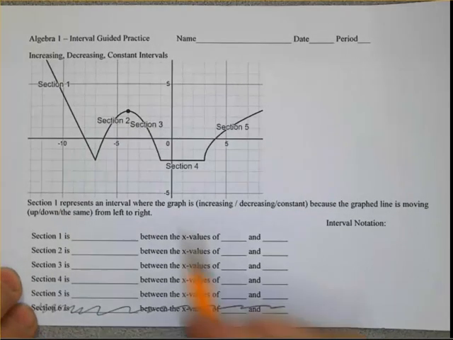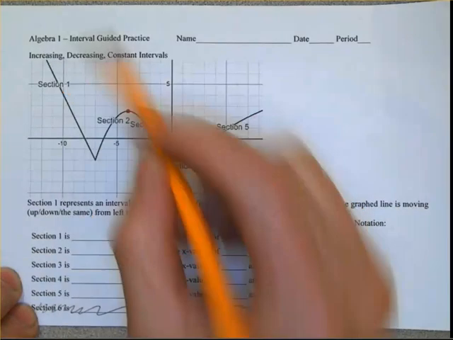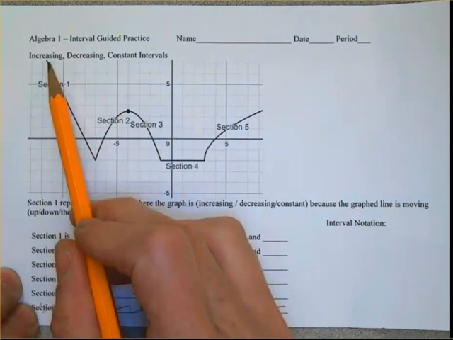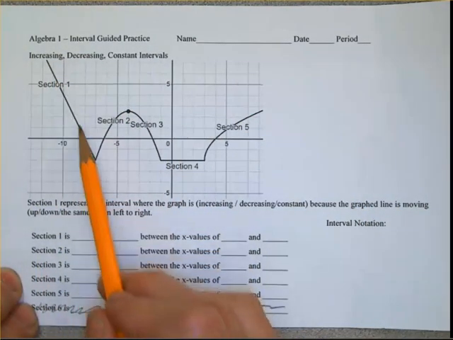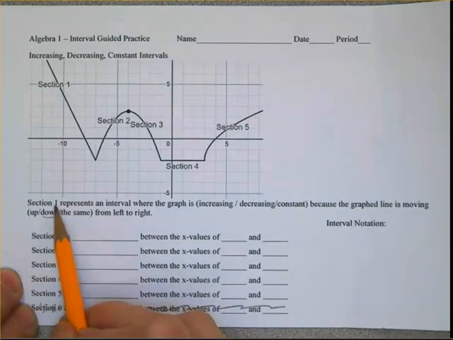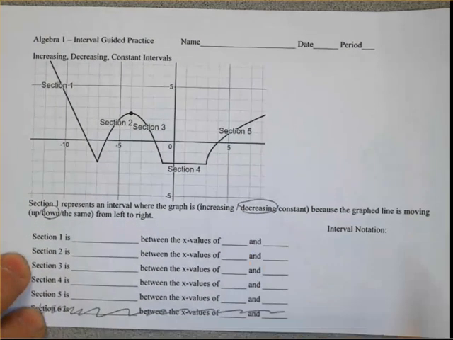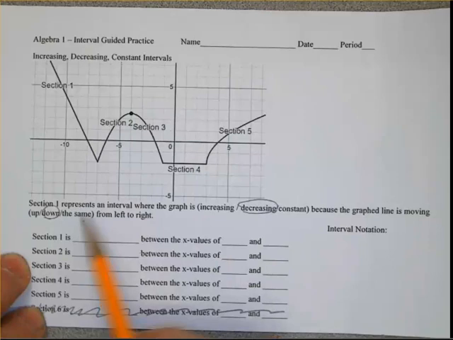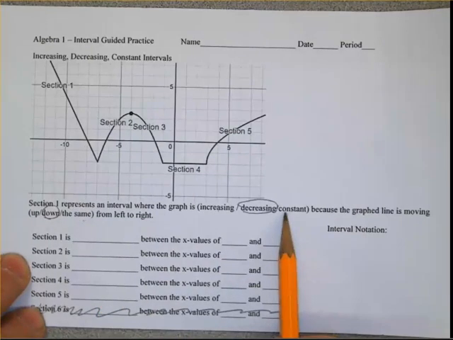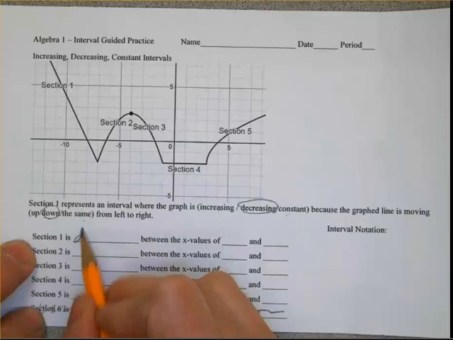So section 1, if you'll notice, as I'm moving my pencil from left to right on the function, it's going down. Since it's going down, that means it is decreasing. Okay, if it were going up, it would be increasing. If it wasn't changing, if it was staying at the same height the whole time, we would say it was constant. So section 1 is decreasing